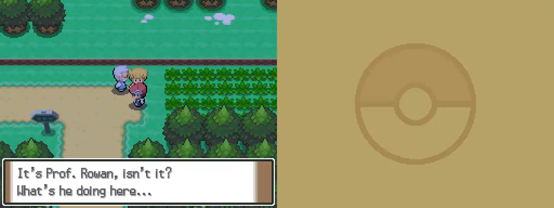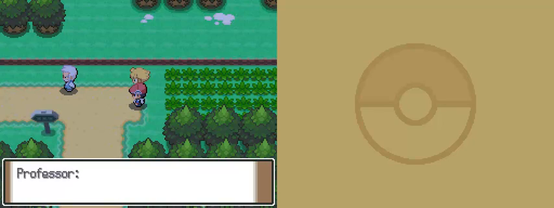Hey Mindez, this old guy. It's Professor Rowan, isn't it? What's he doing here? I love the way he just turned to me and said that while he was looking straight at him. Like,